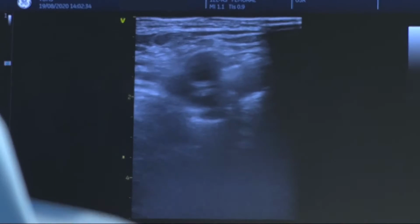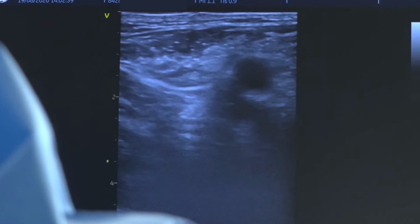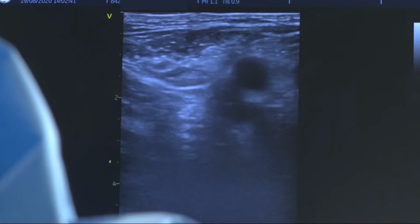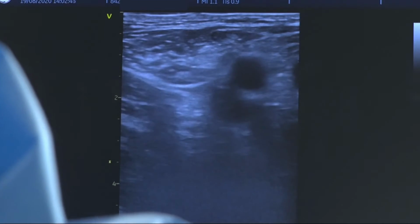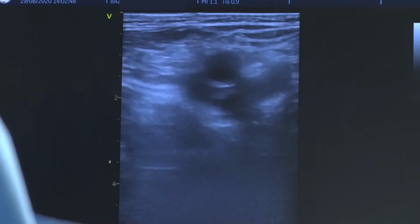Groin complication is not a fatal complication, but it is a very annoying and common complication. So try to reduce the groin complication. We are using the vascular sonogram when you do